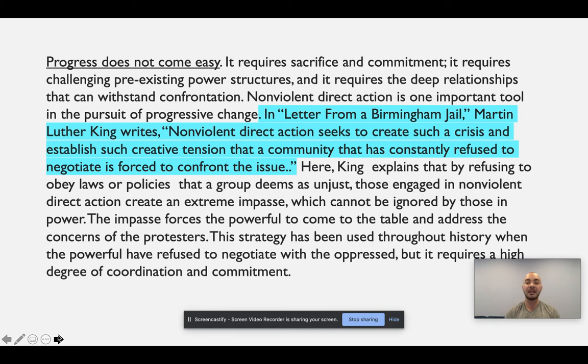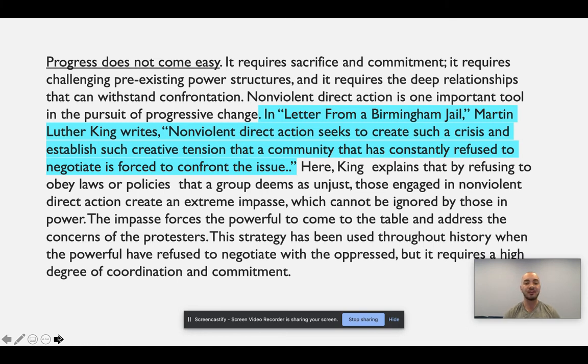In Letter from a Birmingham Jail, Martin Luther King writes, "Nonviolent direct action seeks to create such a crisis and establish such creative tension that a community that has constantly refused to negotiate is forced to confront the issue." Here, King explains that by refusing to obey laws or policies that a group deems as unjust, those engaged in nonviolent direct action create an extreme impasse which cannot be ignored by those in power.